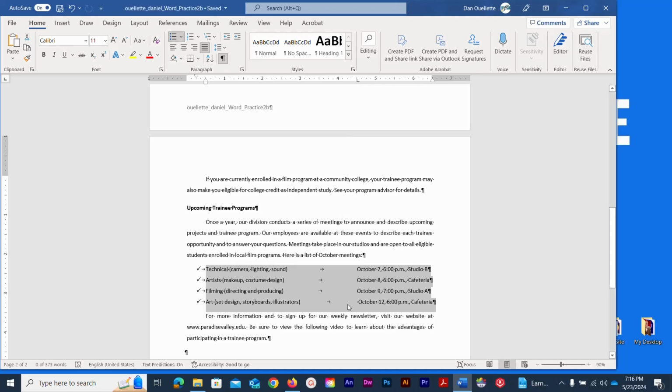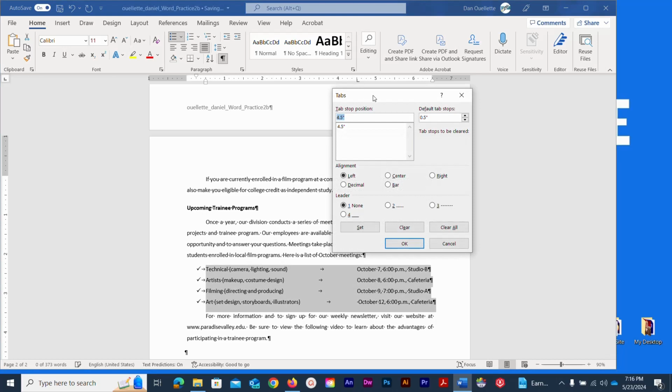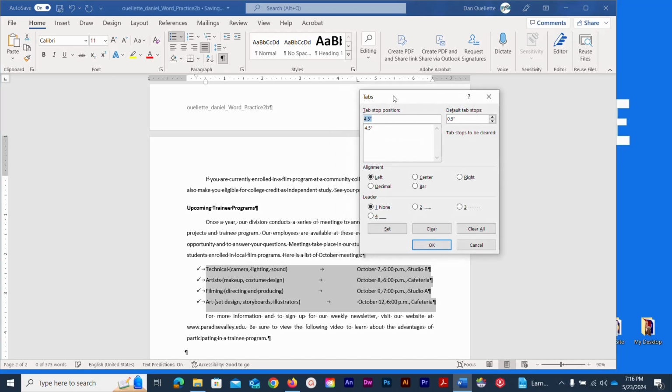Now I want to make some more adjustments, but I want to do them in the tabs dialog box. So to do that, I need to call it up, and we call it up by double clicking on the little icon in the ruler. So I just double click there, and there's my tabs dialog box. What I want to do is I want to change this a bit. So I'm going to start by selecting it in the list. That's the actual one, and I can have several of these, but we're only going to end up with one here. I'm going to click